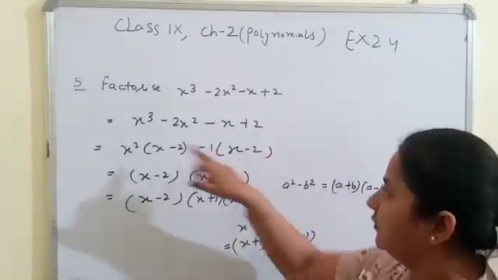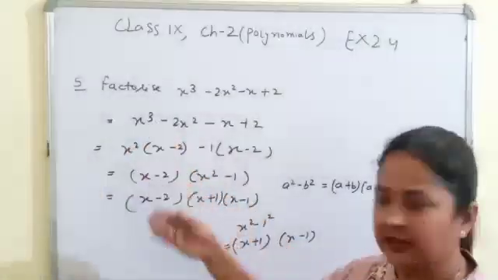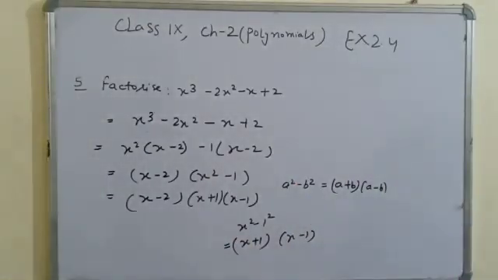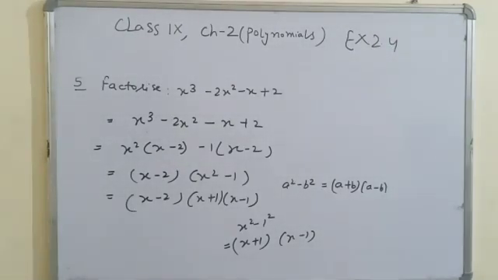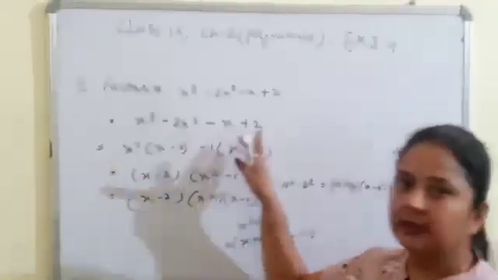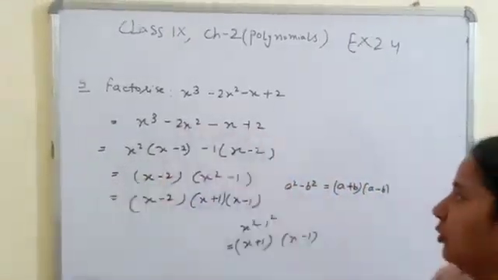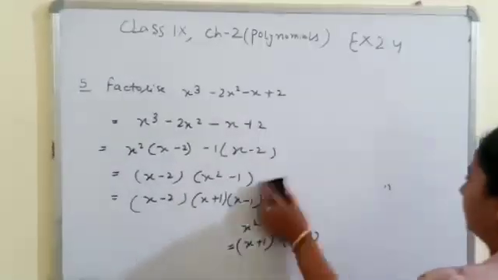You should know it. If the equation is cubic, then it will have 3 factors, because for a cubic equation the number of zeros is 3, so its factors are also 3. This is the first method. Firstly we check whether we can take a common value or not. Let's see the second one.